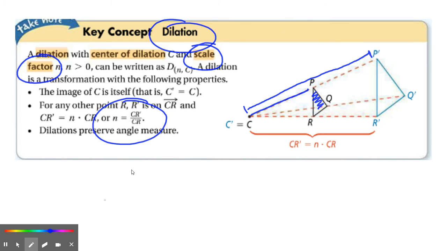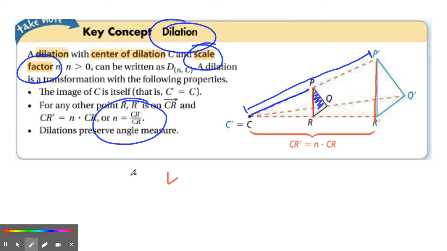You can also use a pair of corresponding sides. So in these two pictures, if you use segment PR and segment P prime R prime, to find the